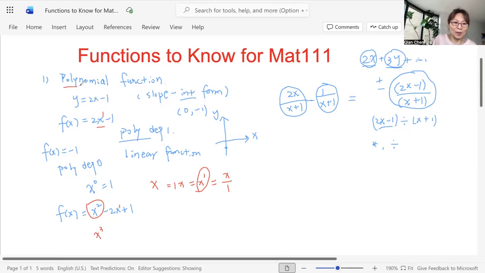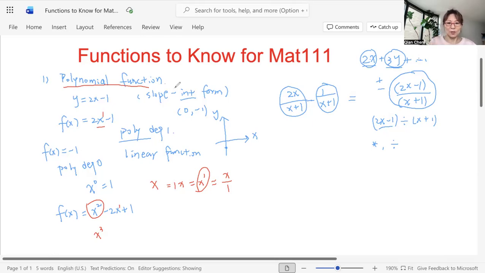So that is a family of polynomial functions. We have to know this function very well. So I hope you follow the video, do your homework to really understand this family of functions and understand some terms that go along with it. So that's the first